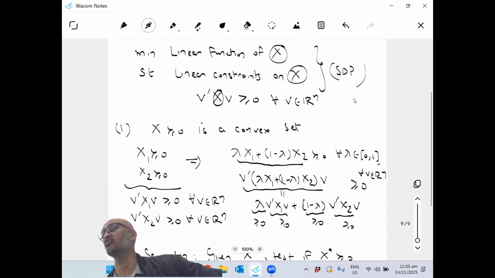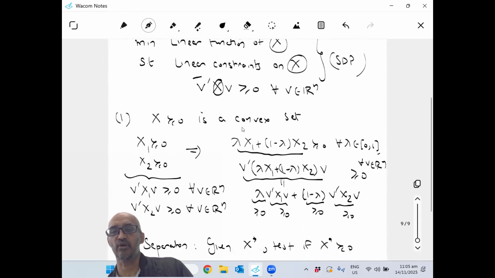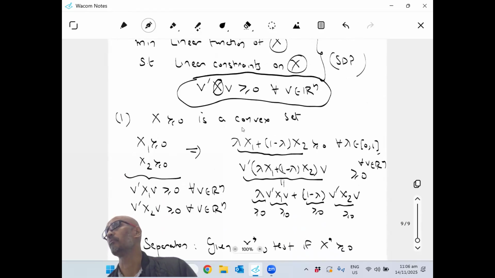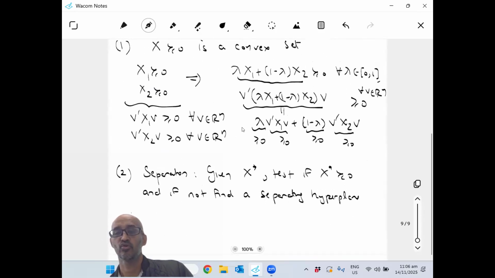Dealing with linear constraints is easy. I'll just use linear constraints. My problem is this constraint. There are basically an infinite number of constraints here. But to check if a matrix is positive semi-definite, I don't have to actually check this. What I could have done is simply calculate the eigenvalues of the matrix. So this is easy to do because